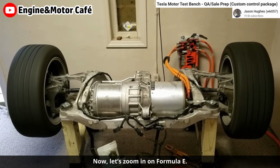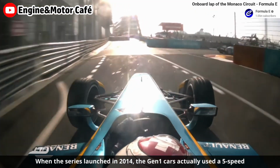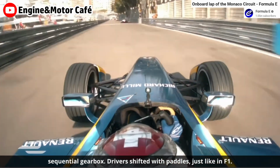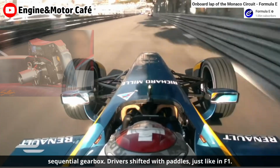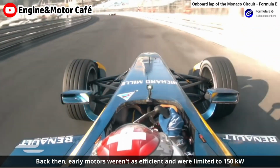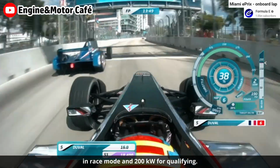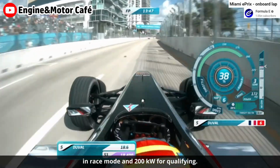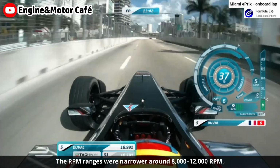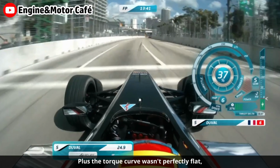Now, let's zoom in on Formula E. When the series launched in 2014, the Gen1 cars actually used a 5-speed sequential gearbox, with drivers shifting with paddles, just like in F1. Back then, motors weren't as efficient and were limited to 150 kW in race mode and 200 kW for qualifying. The RPM ranges were narrow, around 8,000 to 12,000 RPM, plus the torque curve wasn't perfectly